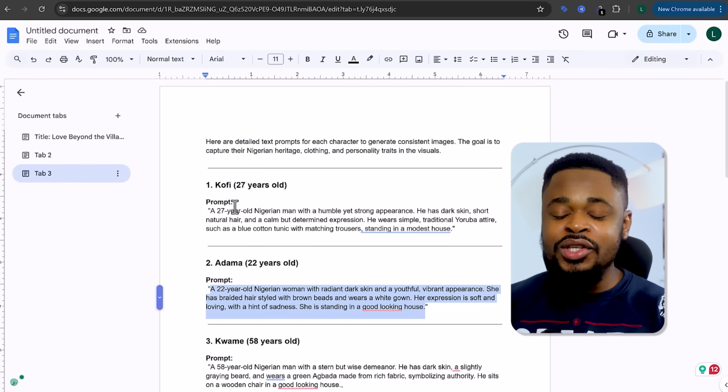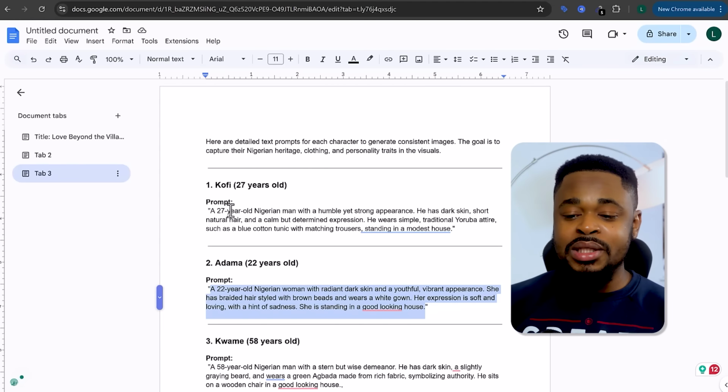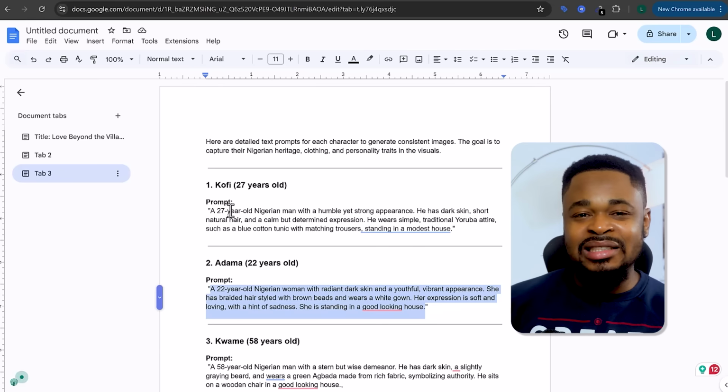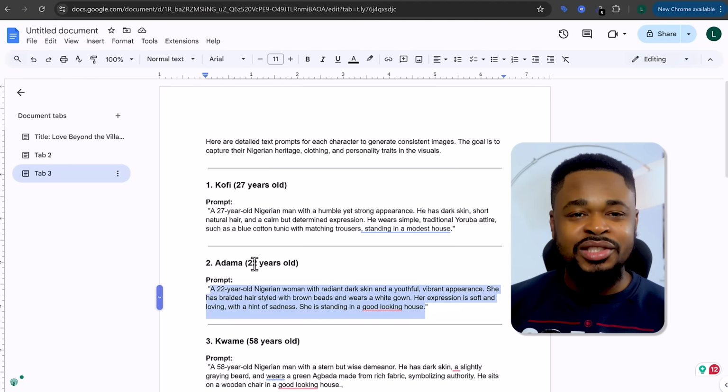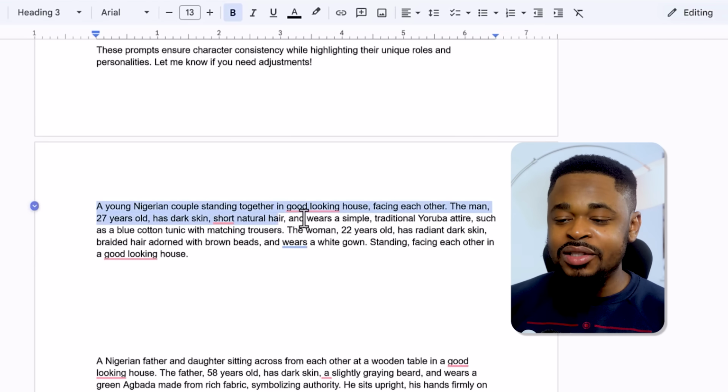Now, the last part I want to show you, I'm not going to show you how to generate all the images, but at least you have the idea of how to do it. The next one I'm going to show you is how to generate both of them in the same scene. We are going to take the main features of Adama and Kofi and put both of them in one prompt and add the scene to the prompt and generate. So you can see something like this: a young Nigerian couple standing together in a good looking house facing each other.